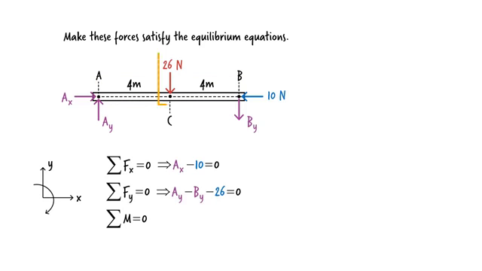Therefore, this force has a moment arm of 4 meters, and this one has a moment arm of 8 meters. Both forces create a clockwise rotation around point A, so I can write the equilibrium equation like this. Solving these equations for the unknowns, we get